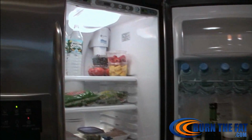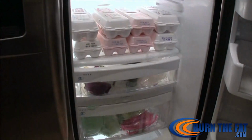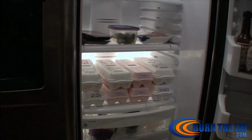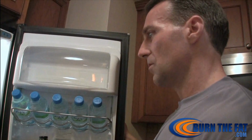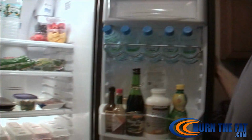Lots of eggs. I'm always well stocked with eggs. I do eat whole eggs, but I eat mostly egg whites, and I'll keep maybe 1 or 2 of the yolks. There is a lot of good stuff in the yolk. Lutein, zeaxanthin, which is the yellow pigments in the egg yolk, very healthy. Some people are concerned, of course, about the cholesterol,